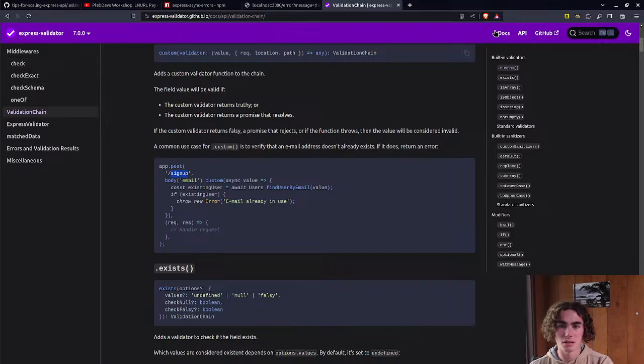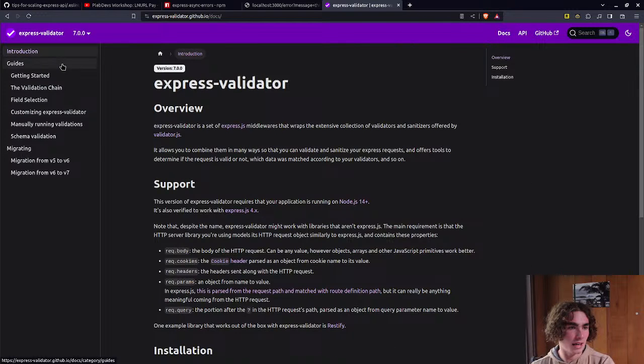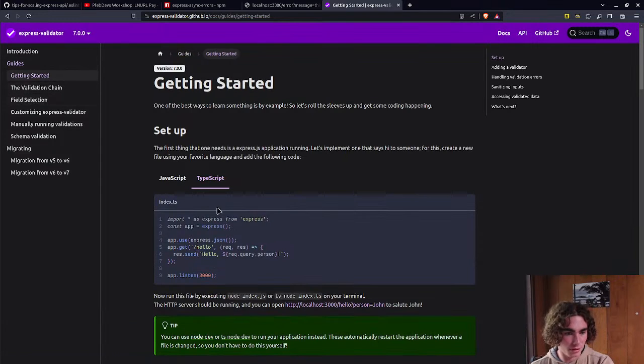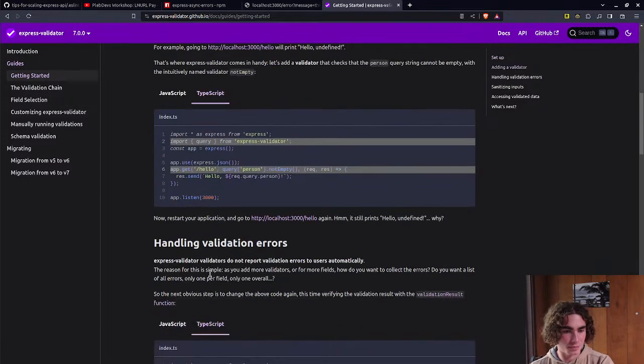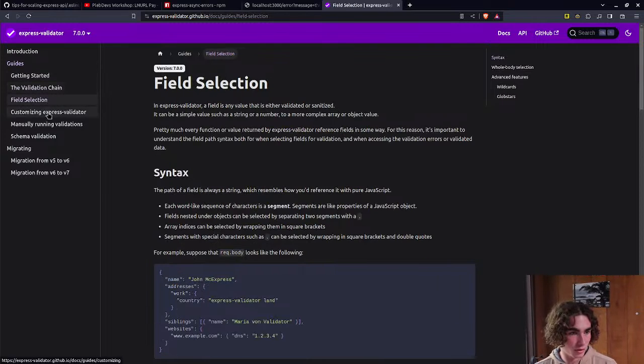Let's see, we can go to the guides, and there's a little better example there. Here, see, they're saying get the person property from the query and check that it's not empty. So we could have done this same thing with our error route, we could have said query message not empty. So again, I recommend going through this guide. It's pretty good, especially if you follow along with it. But I'll just briefly show you